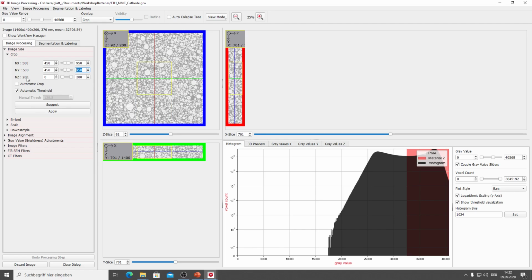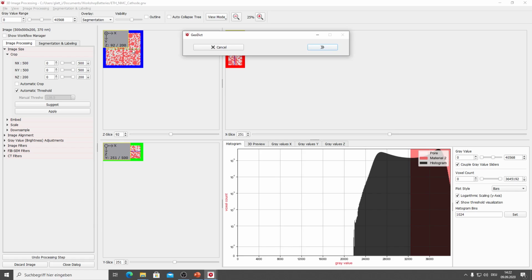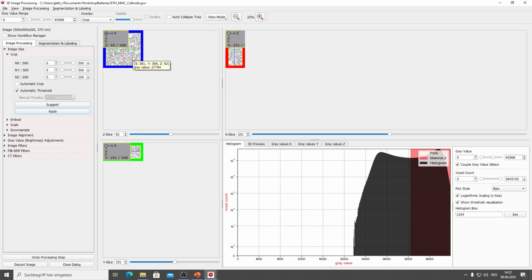We don't crop in Z direction, and then we click, and you can see this neat yellow box showing where we are going to crop. So this inner part will be the structure that is left if we click apply now, and that's what we are going to do. So here you can see we are left with the inner box.